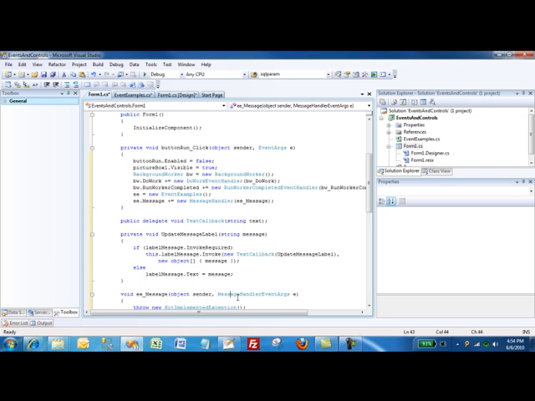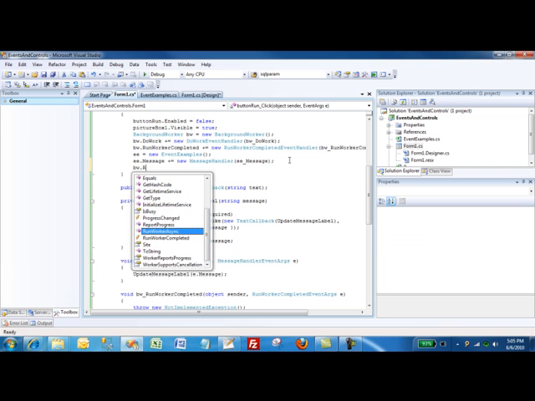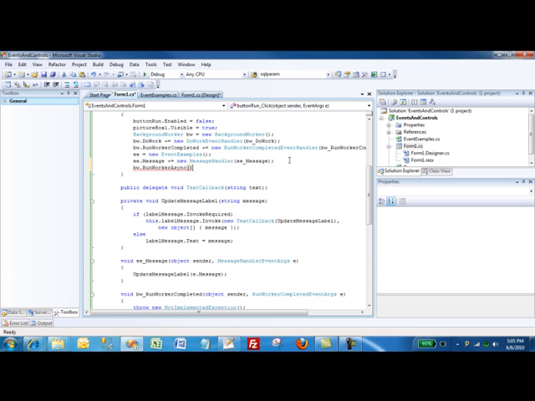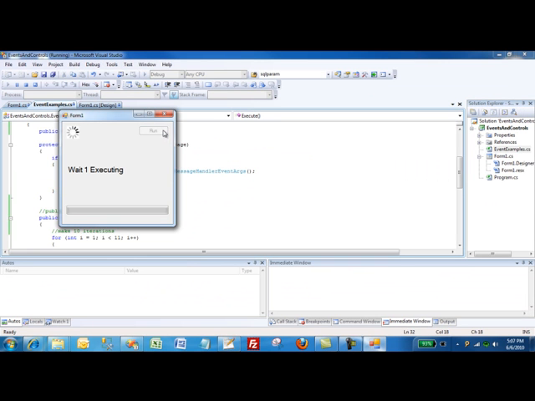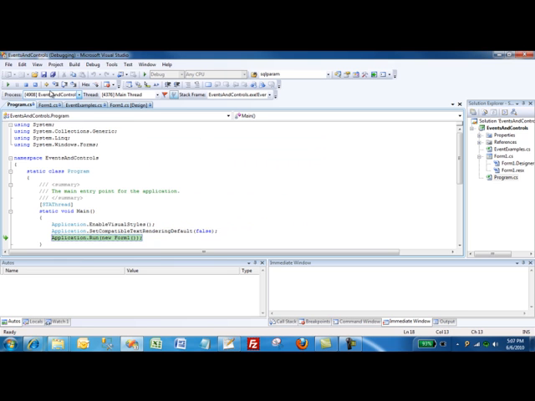All that's left is to call this method inside the message event handler, and that we execute the background worker from our button click by running the run worker asynchronously. Let's give this a run and see what happens. Click on run and we get our message, and in just a moment the job will be done, and we get a failure because we have not completed the run worker by wrapping it up with the run worker completed method. So we'll stop this,